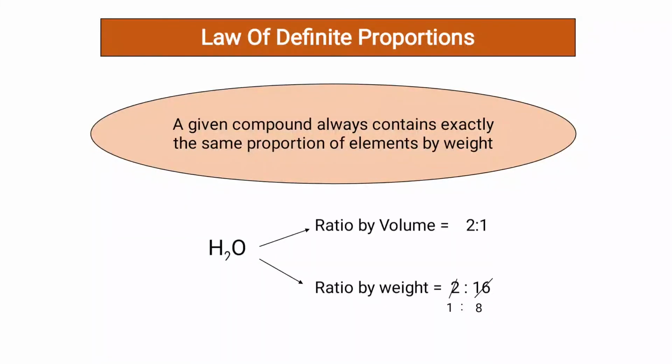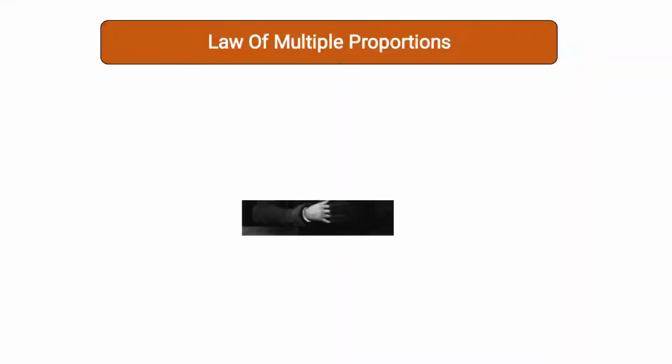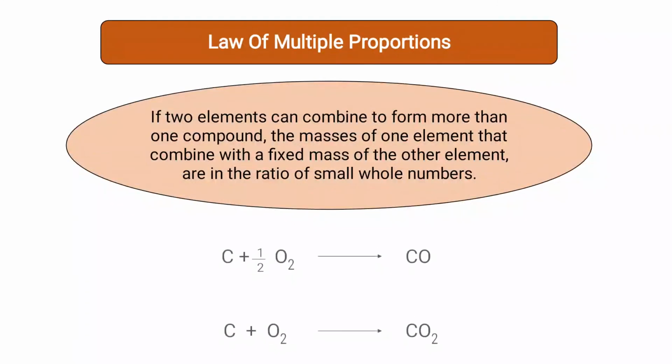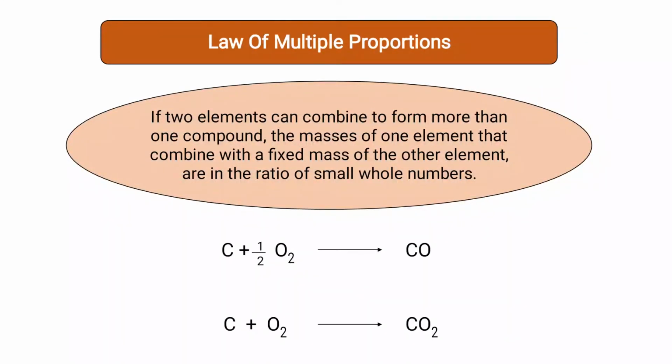Now let us go to the third law, that is the law of multiple proportion. This law of multiple proportion was proposed by John Dalton in the year 1803. According to this law, it states that if two elements can combine to form more than one compound, the masses of one element that combines with the fixed mass of the other element are in the ratio of small whole numbers. Now first let us look at the first line. It means that